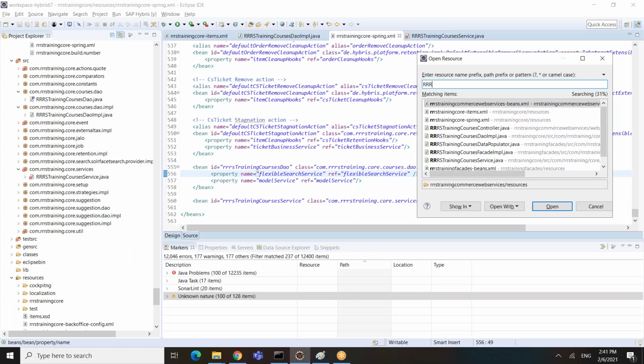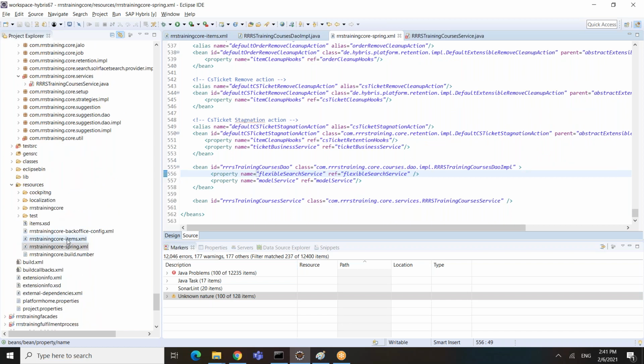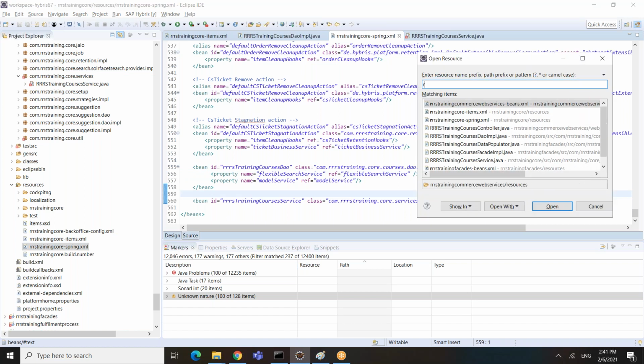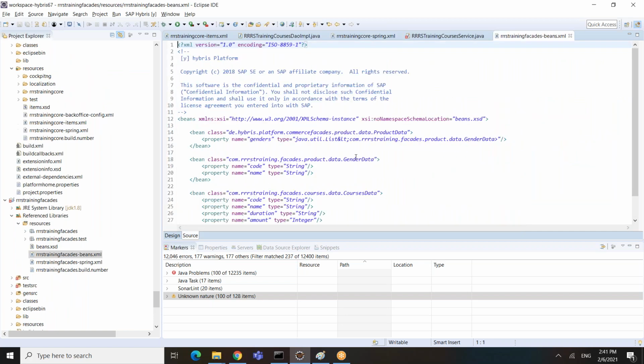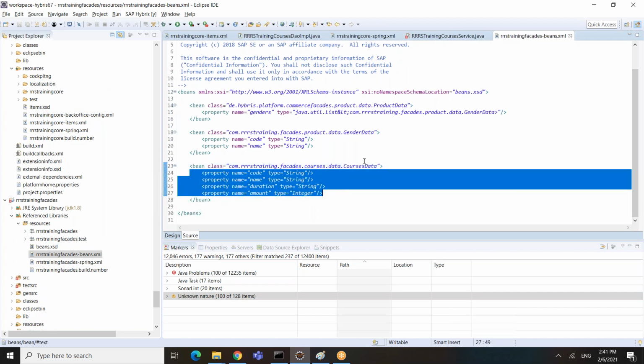So if you go to RRS, it's a beans.xml, not spring.xml, not core. So it's facades, you need to define it in facades beans.xml. So if you look at here, this is my courses data object, and these are the properties. Basically, I'm defining the structure of my data object.